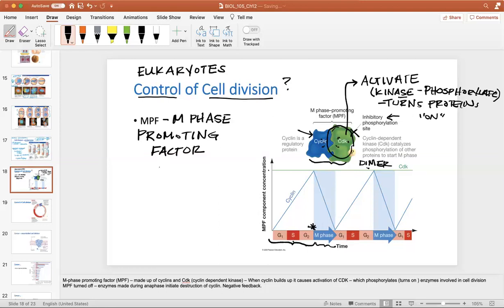And it does that through a process of phosphorylation. Now that's how we get this process started, but notice that right after we turn M phase on here, the concentration of cyclin starts to go down again. Why is that? Well, throughout M phase, and in particular in anaphase,